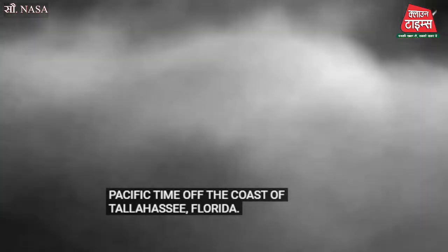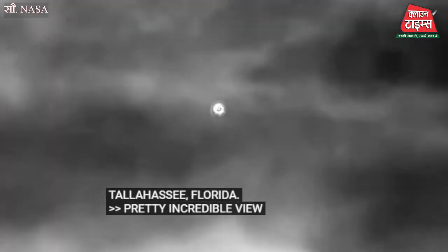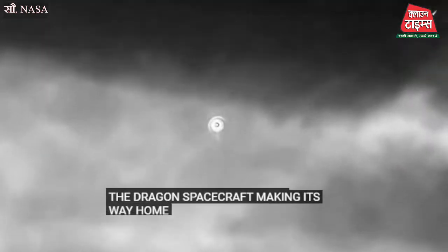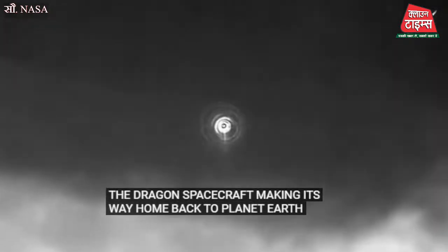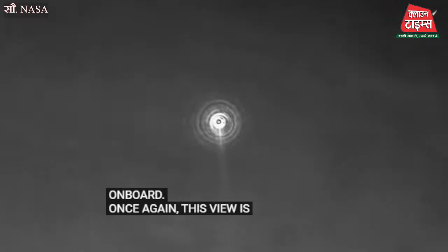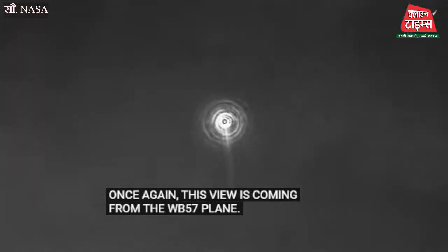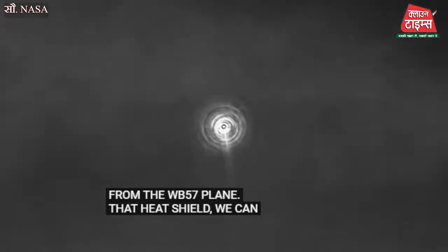Pretty incredible views of the Dragon spacecraft making its way home back to planet Earth with the Crew 9 astronauts on board. Once again, this view is coming from the WB-57 plane. That heat shield we can see doing magnificent work as it works to...